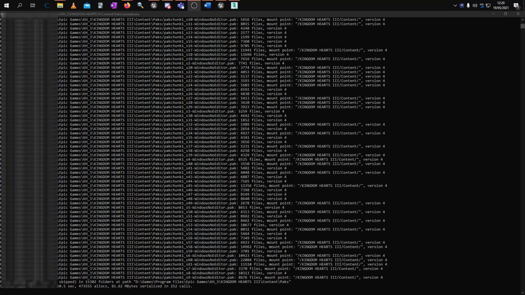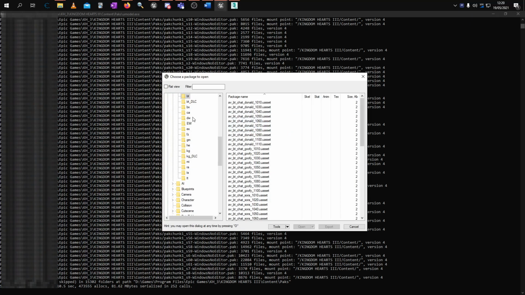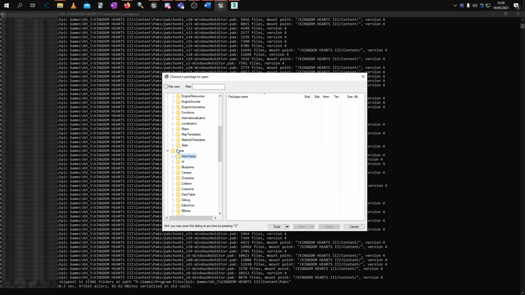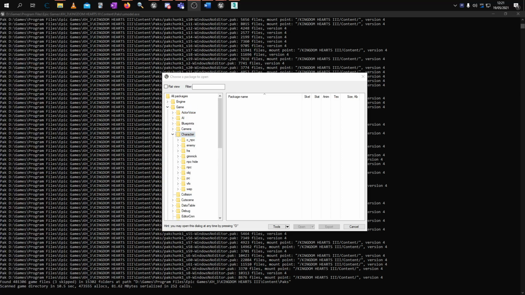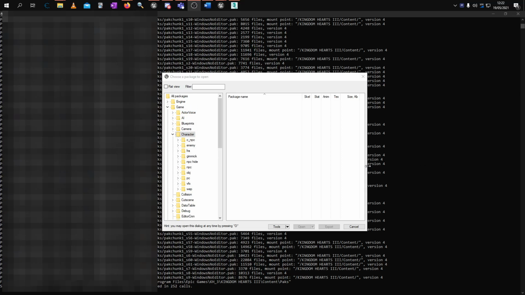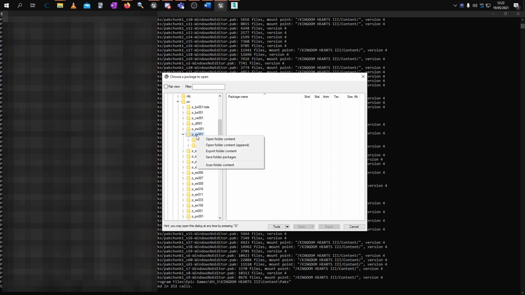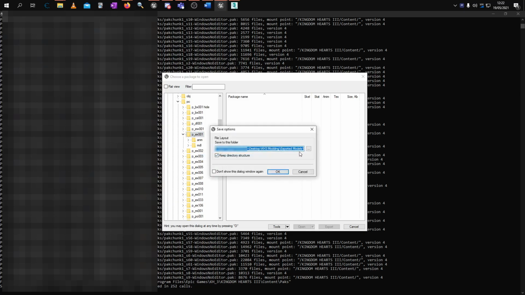It's gonna take a while. Now a window should pop up. This is good. And we are gonna navigate to where Sora's animations and Replica Riku's animations are located. Now navigate to the character folder. For Sora stuff, we need to go into the PC folder and choose P_EX001